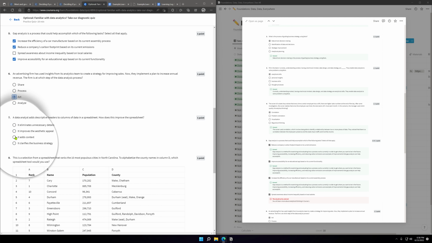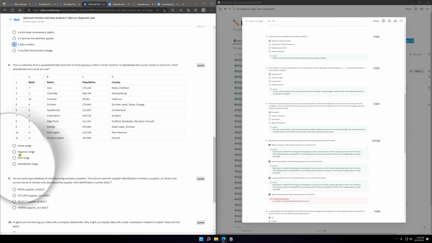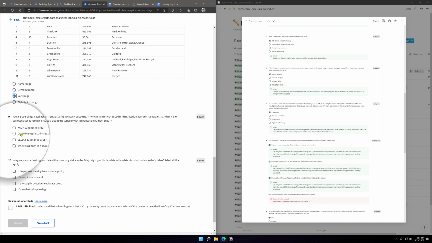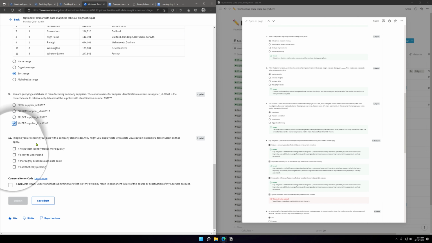Here is act, context. It's not alphabetized. It's not name. How about sort range? How about that? It's not from. It's not select. Where?